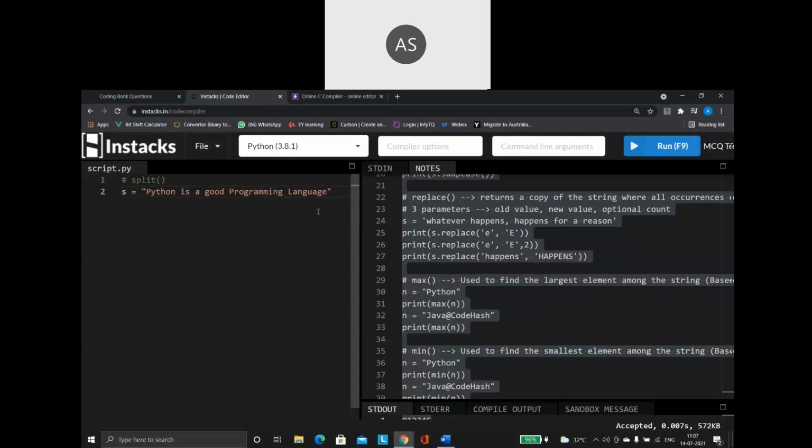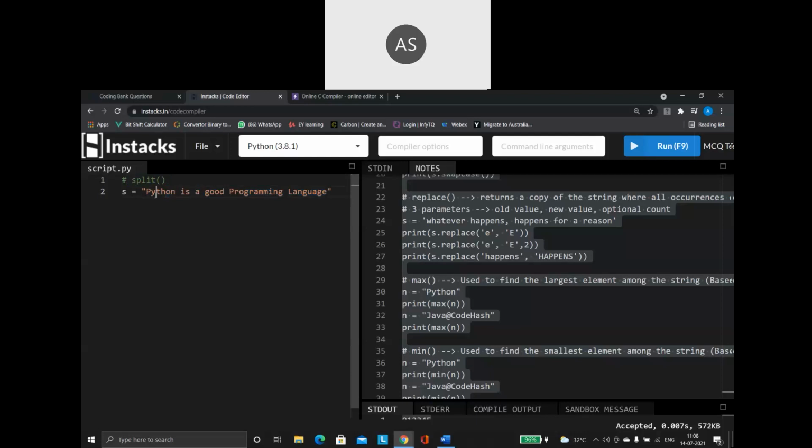Now I want to break this string, that is I want to break each and every word separately. The entire thing is given in one single string value. I'm saying space is my separator. I want to break each and every word separately. So how can I do that? For that purpose, I can make use of the split function.